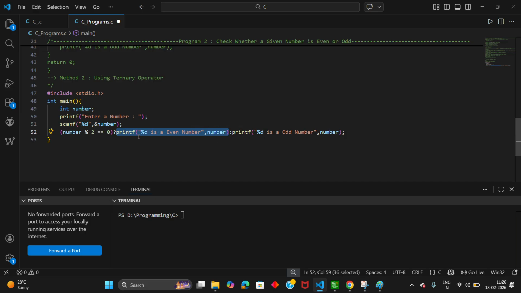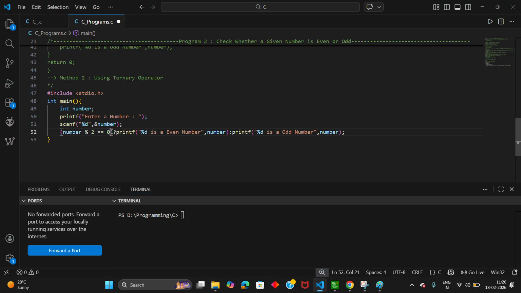So I have used the printf statement to print the number as an even number if this condition is true. If someone has a doubt why we use the even number printf statement first instead of the odd number, it is because in the condition I specified the even number condition, number % 2 == 0.